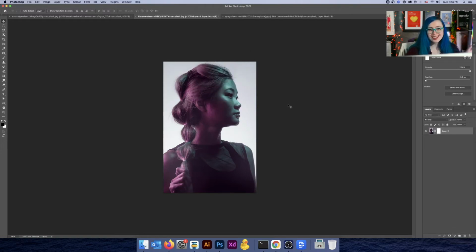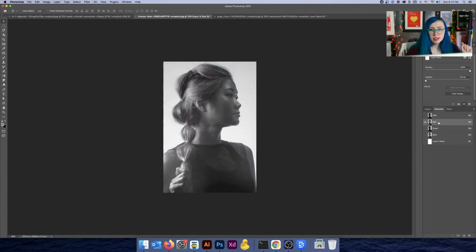What we want to do is get a good, rough selection of her using this photo as our reference. So we're going to use a trick here, and we're going to go over to channels. Now, we haven't talked much about channels yet, but what channels allows you to do is see all of the different colors of light. So here we have red, green, and blue. We don't need to know the technical details about this too much. We're just going to follow along with this tutorial.